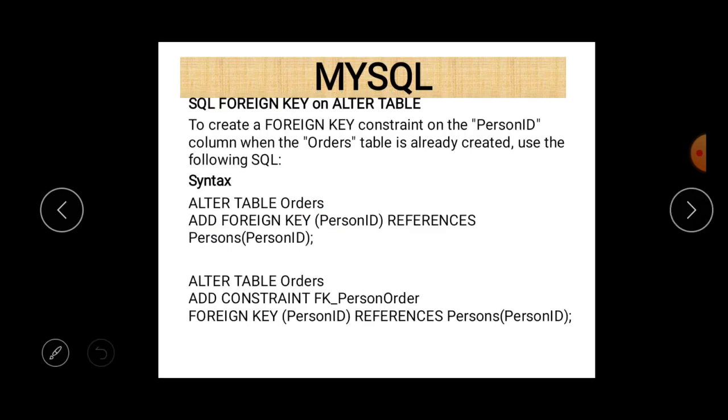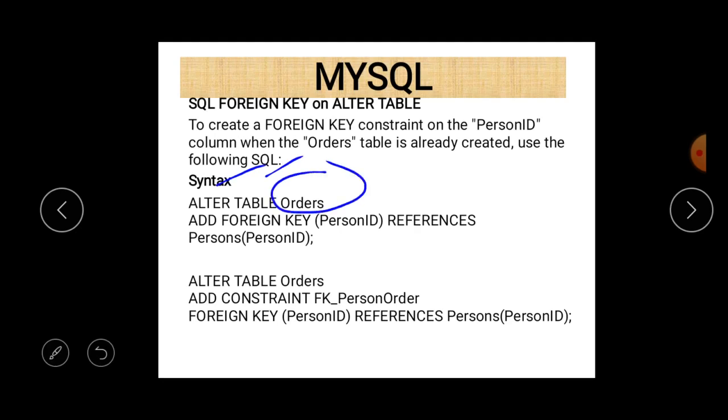And the same concept is applied for a foreign key. Basically, a foreign key is a key which is a primary key in a parent table, and it is used to connect two tables, parent table and child table. In the parent table there is a column name which serves as a primary key, and it becomes a foreign key in a child table. So the syntax to add a foreign key is, first of all, just write alter table, then the name